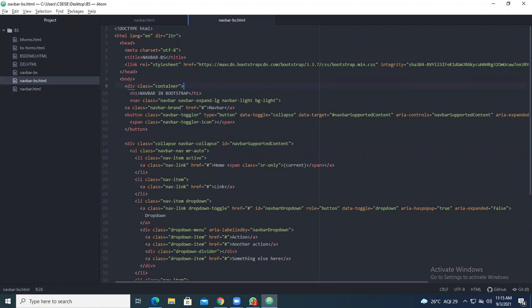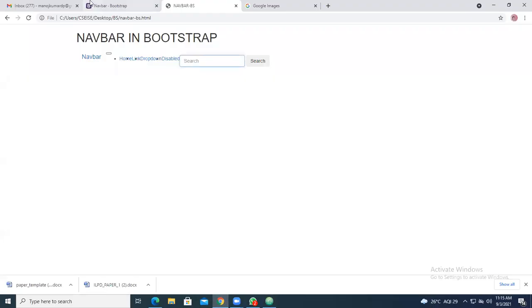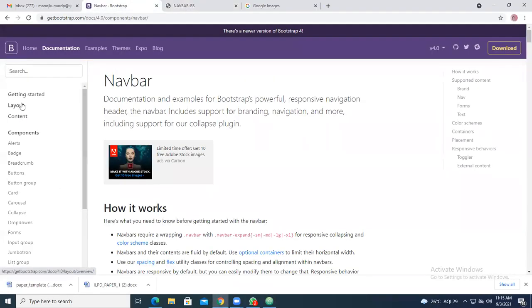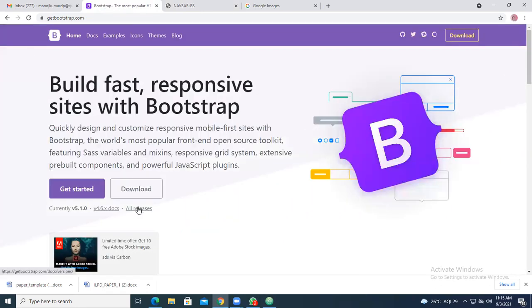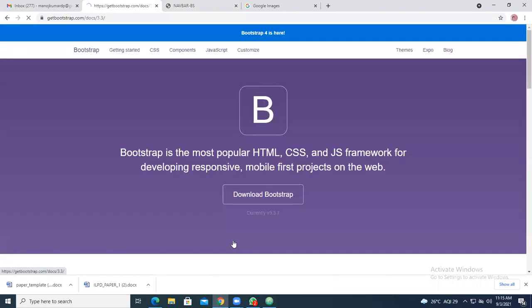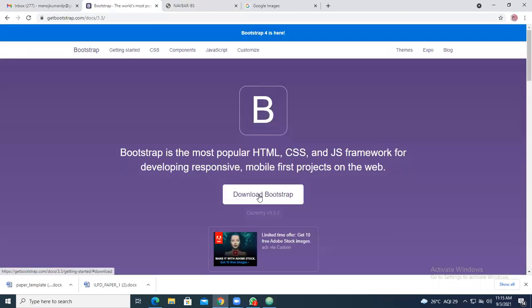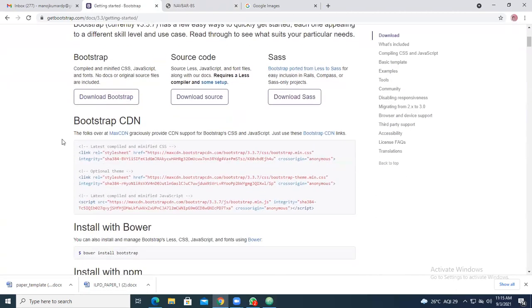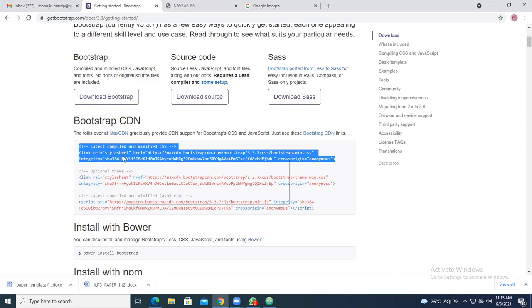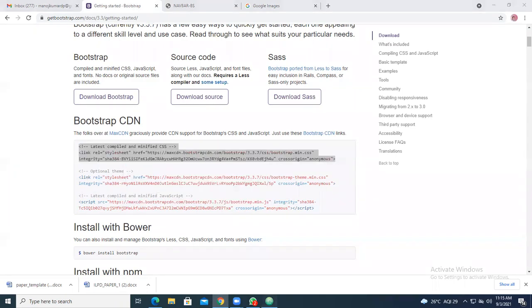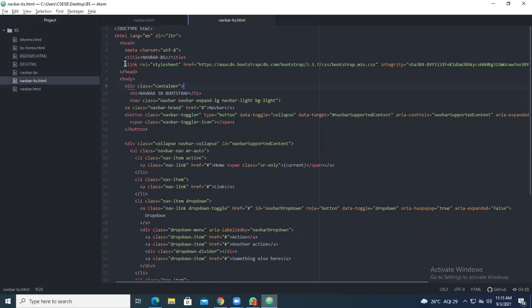Next, for the navbar you are not getting the settings, so go for the home page. Go for this particular content. Currently, go to getting started and select this particular link. Copy this link and paste it.